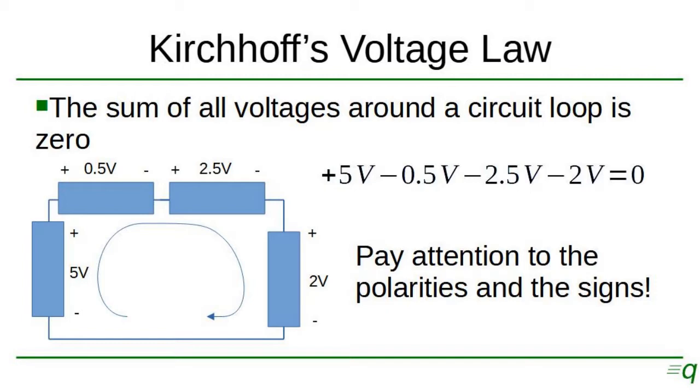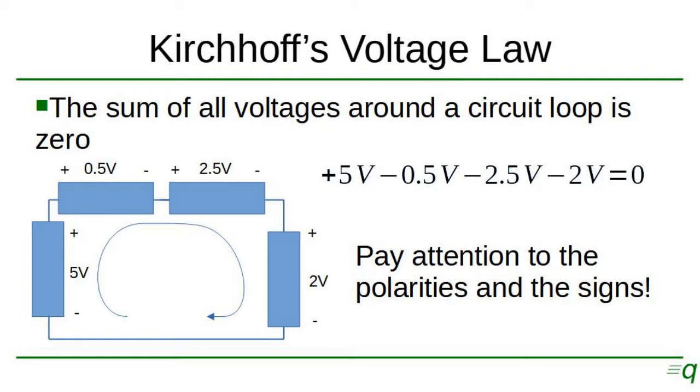Today we're going to talk about Kirchhoff's voltage law. Kirchhoff's voltage law, or KVL as it's sometimes called, states that the sum of all voltages around a circuit loop is zero. In the example, you see that if you go around the loop